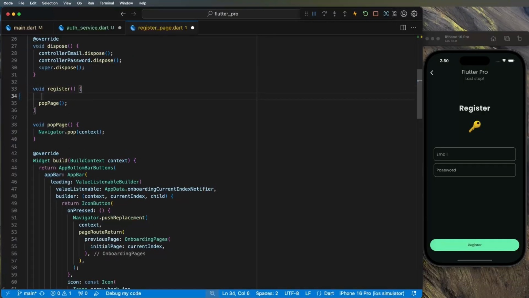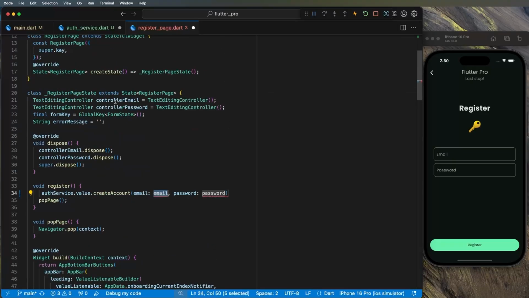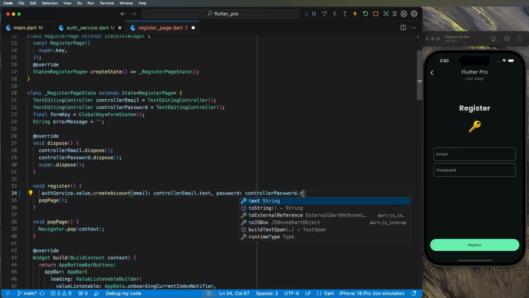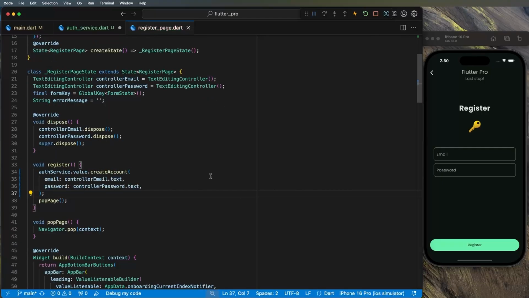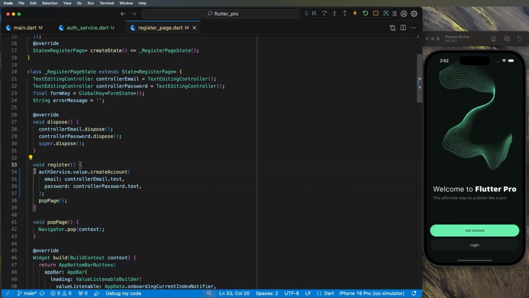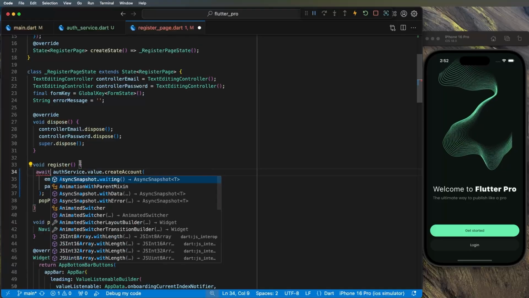After this, we will call the authServices.value in order to retrieve the information about the AuthServices class, and we'll say dot createAccount. Inside, we will need to give the email and the password. So we can use the controllers that are already inside the application. We can use this dot text, and we can use this dot text also. Then I will put my semicolon, and because this is a future, we will say await, and for the function,